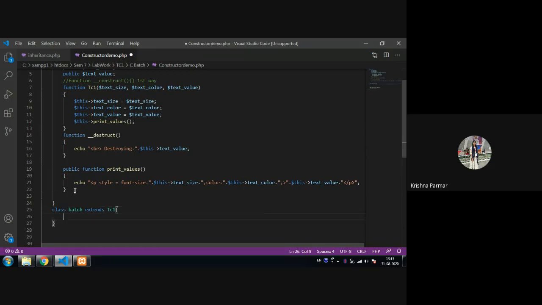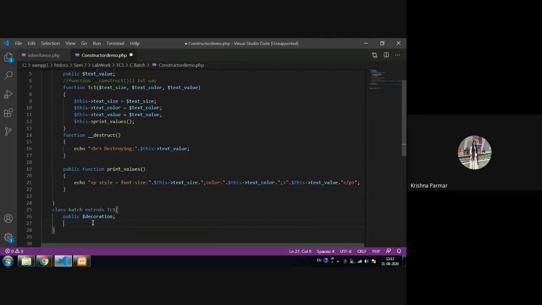Okay. Now I just want to add my own property, called public $text_decoration. I want to go for the decoration so that there is no ambiguity. Text decoration, like underline, overline, text blink, that kind of thing, is all about the decoration, and that property I want to add in this part. But I'm creating another function.